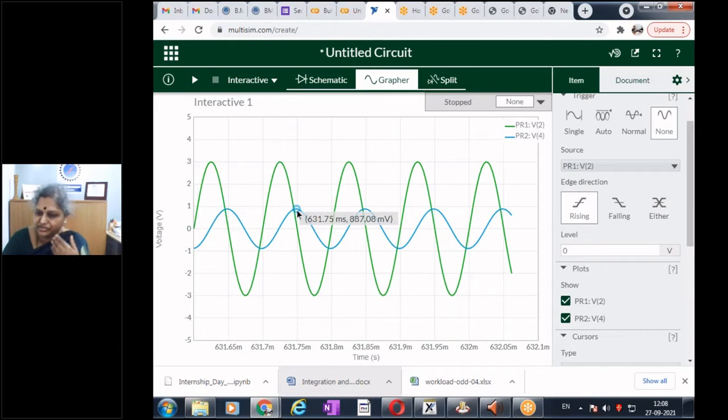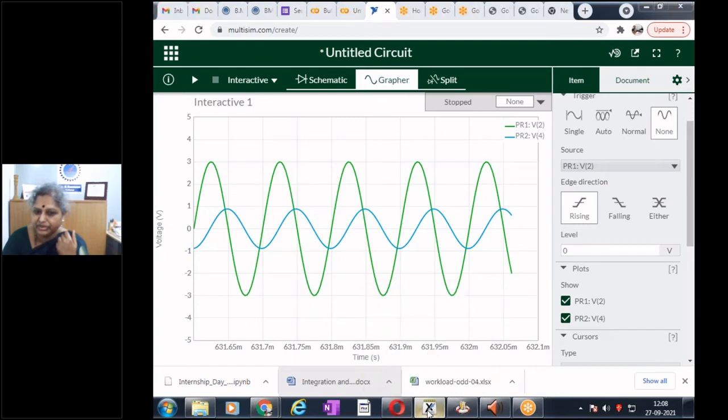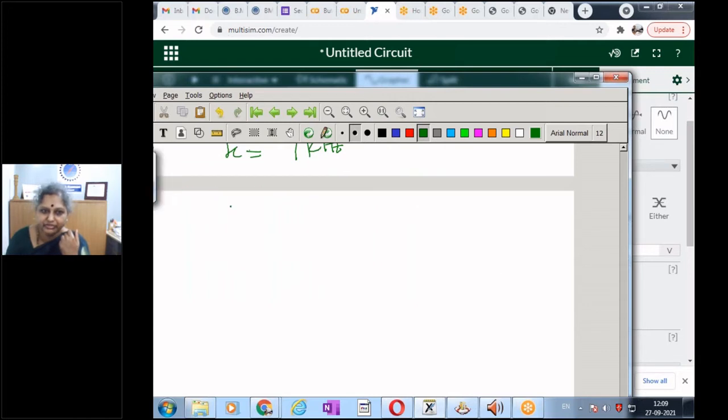So when we have a first order filter, we have designed it for 1 kilohertz cutoff. And when I give my input as 10 kilohertz, I am changing my frequency, F input is 10 kilohertz. My gain, what is my gain? My gain is 0.887, and my output is this divided by 3.